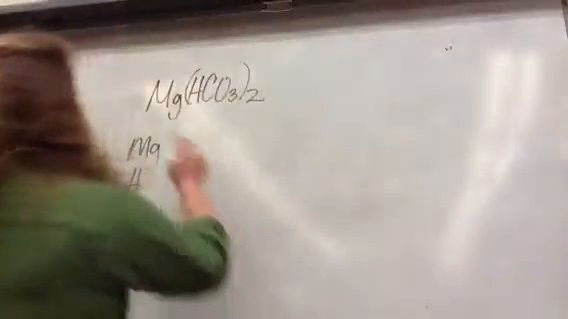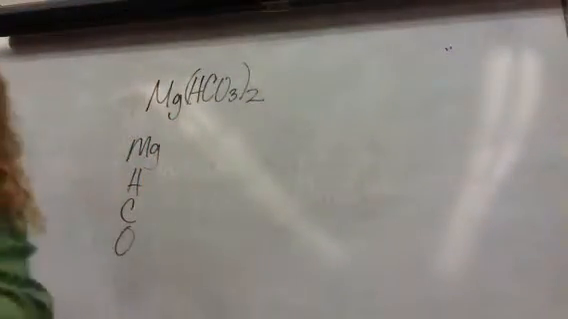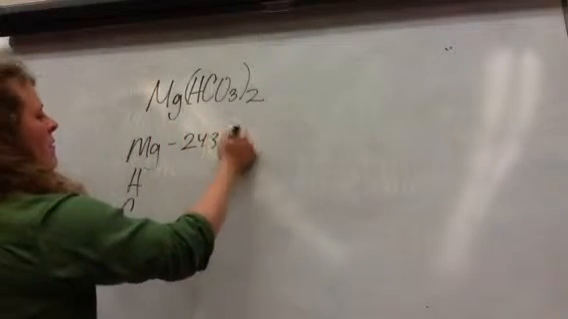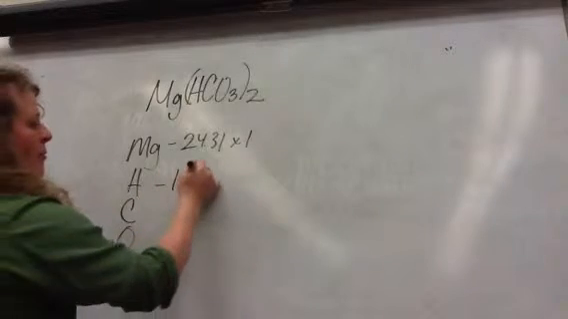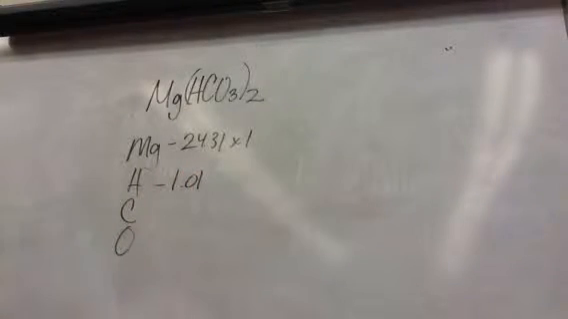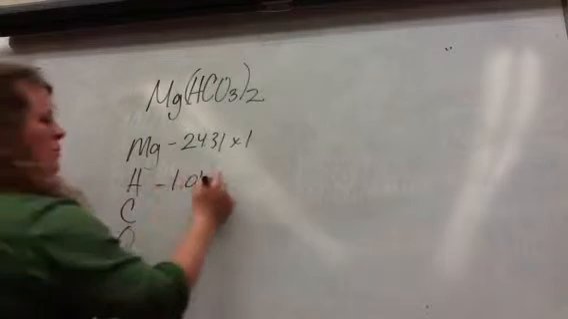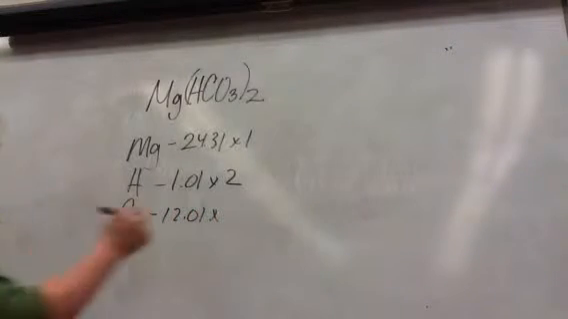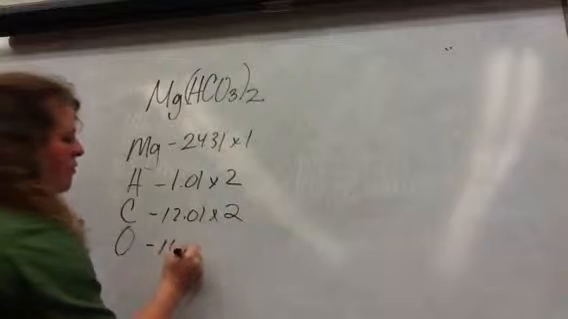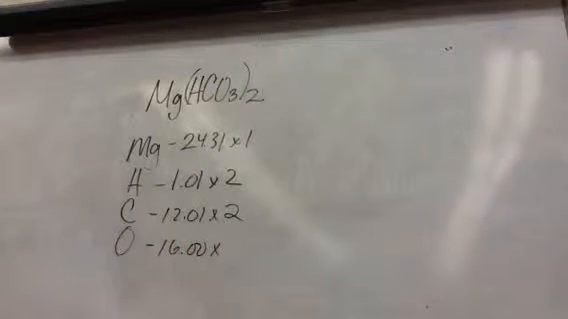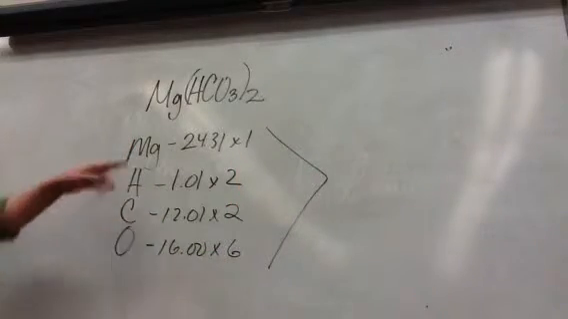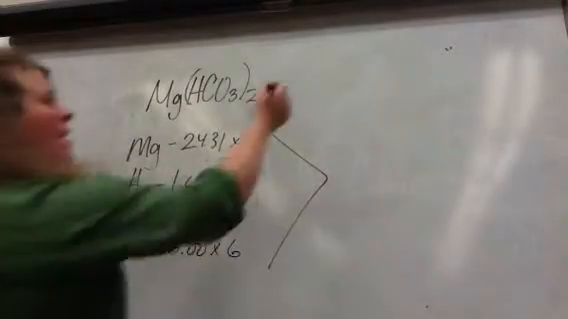Okay, so you all know that there's one magnesium, and what's the mass of magnesium? 24.31. Okay, and hydrogen we all have memorized by now, 1.01. How many hydrogens are there? 2. Carbon is 12.01. How many carbons are there? 2. Oxygen, 16.00. How many oxygens are there? 6. That's the trap. Because remember, when we're talking about magnesium bicarbonate, we're talking about